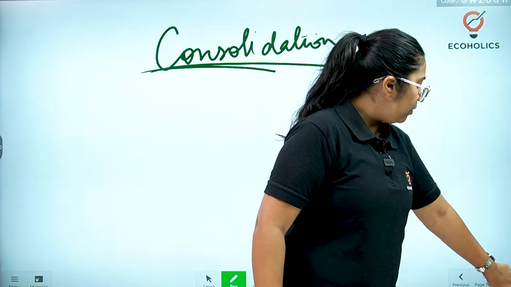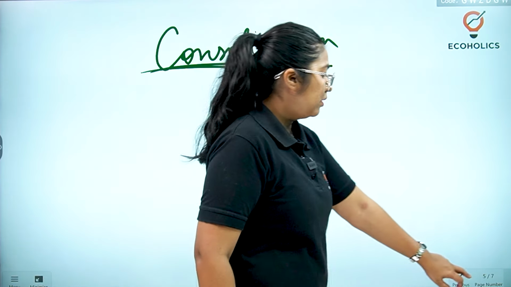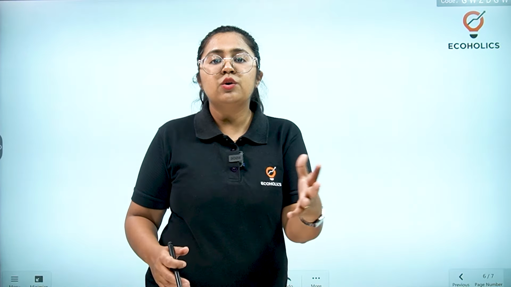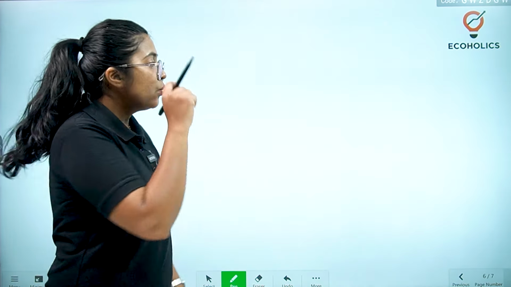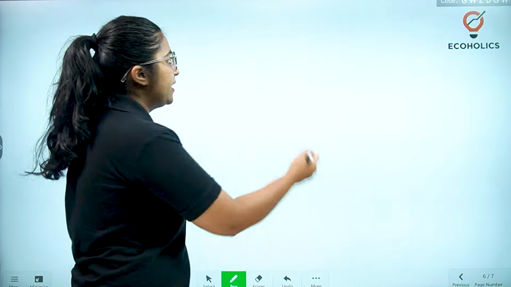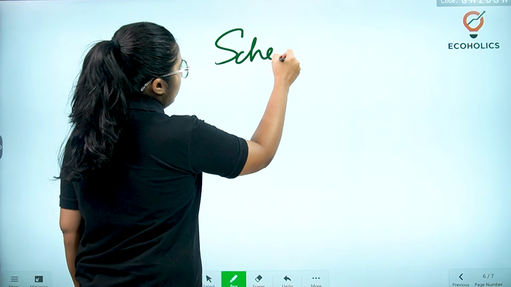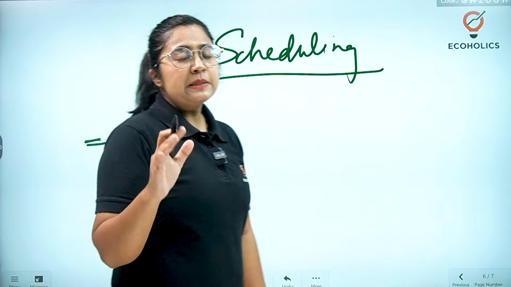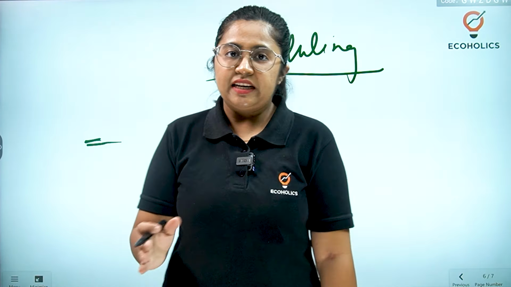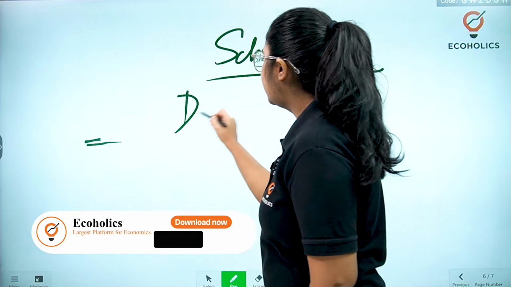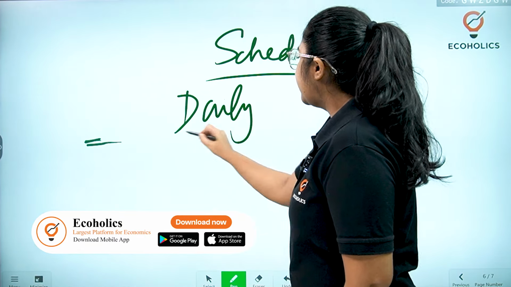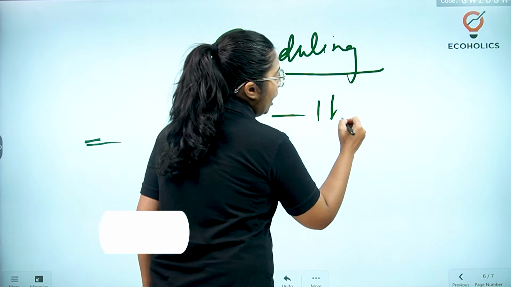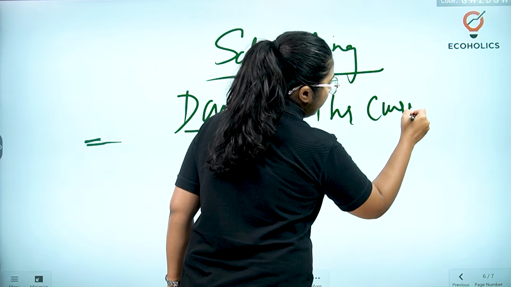Scheduling is the most important part of your preparation, because that is when you are going to execute what you have planned. So once you have a route plan, now you execute with the help of scheduling. So there's a simple way in which you can set your daily routine, okay? Your daily routine can be something like this, that you give 1 hour to current affairs,